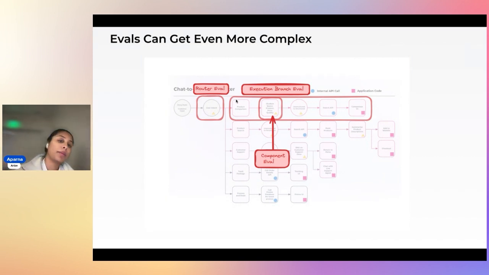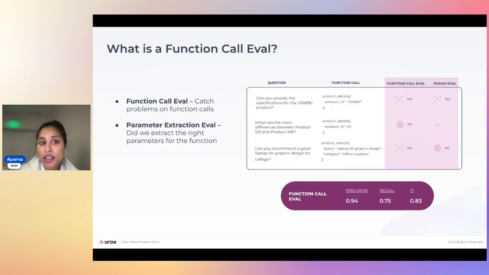If you're doing a product comparison workflow, you want to make sure that every component that queries products from the vector store or the catalogs gets that information correctly before it shows it to the user. This is a really common type of application that we're seeing in the ecosystem, called